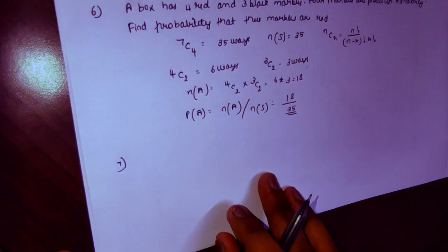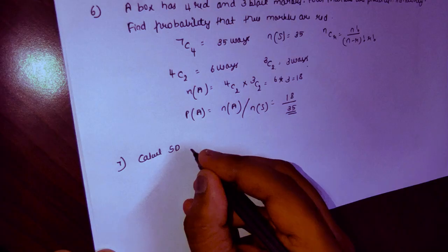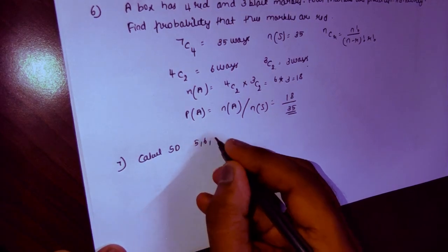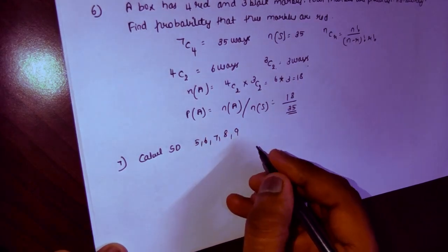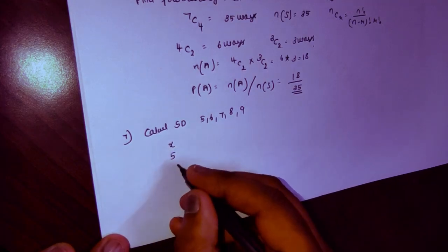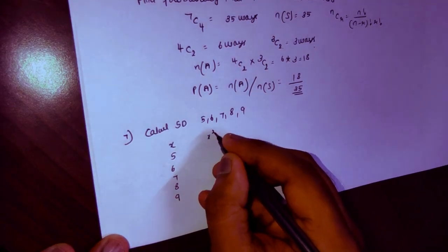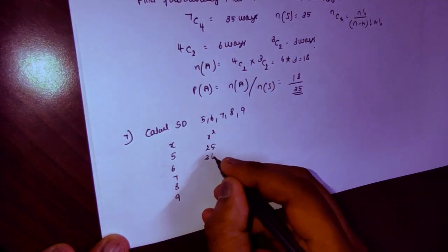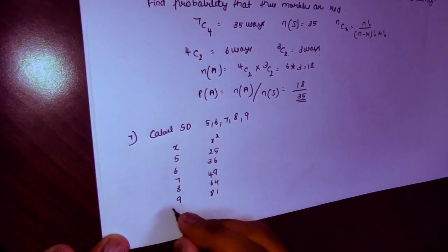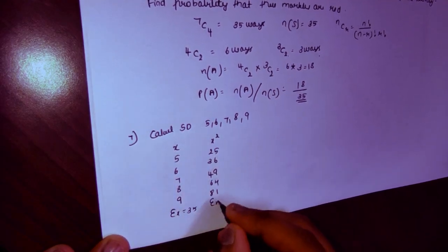We will find the 7th question. Calculate the standard deviation. Scores are given: 5, 6, 7, 8 and 9. We will write x, that is 5, 6, 7, 8 and 9. We will find x square here, that is 25, 36, 49, 64 and 81. Summation of x is 35. You have to add all the values of x. Summation of x square is